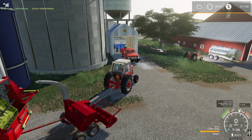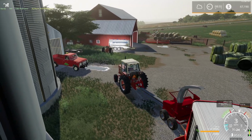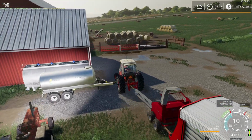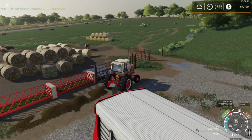Okay, so yes, we do have a problem here, everyone. I can't unload it. I'm kind of wondering about that. So what can I do with the alfalfa then? Hopefully the cows will take it, because now we've got a jammed up trailer. Okay, so new plan, everyone. I guess we won't be testing out the Courseplay unloading theory, because if I can't unload it, I mean...